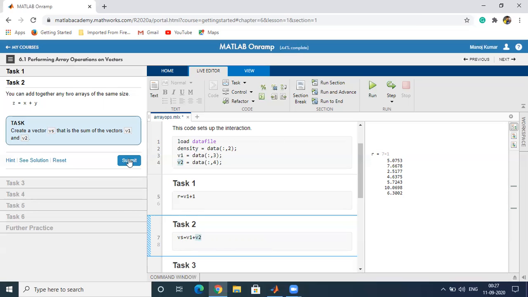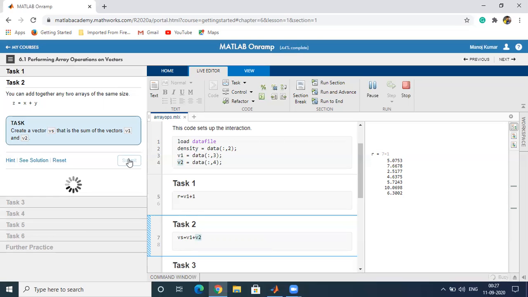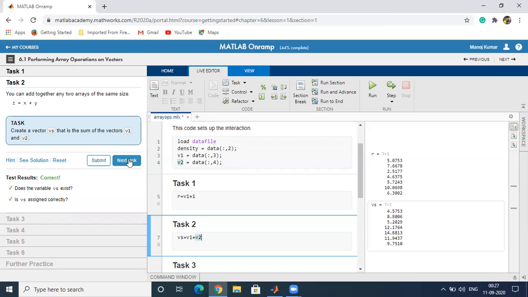Just click the submit button. We will obtain the sum of the two vectors v1 and v2, which is the component-wise addition.